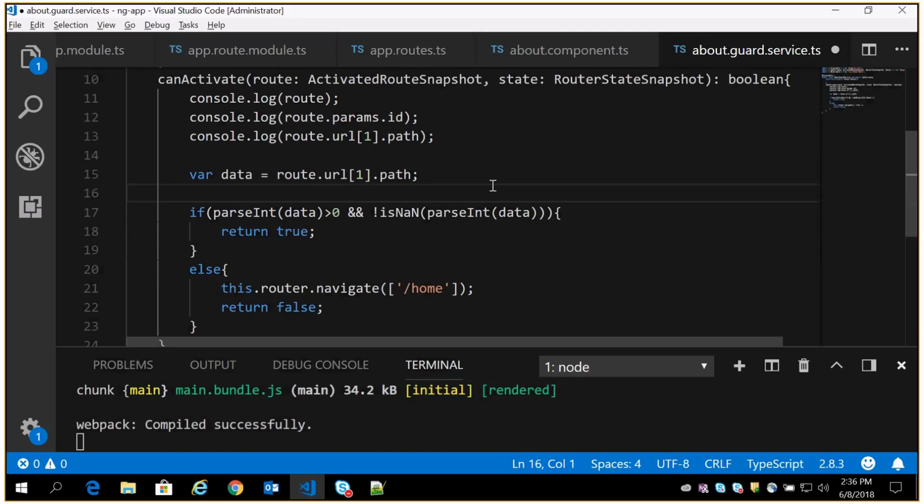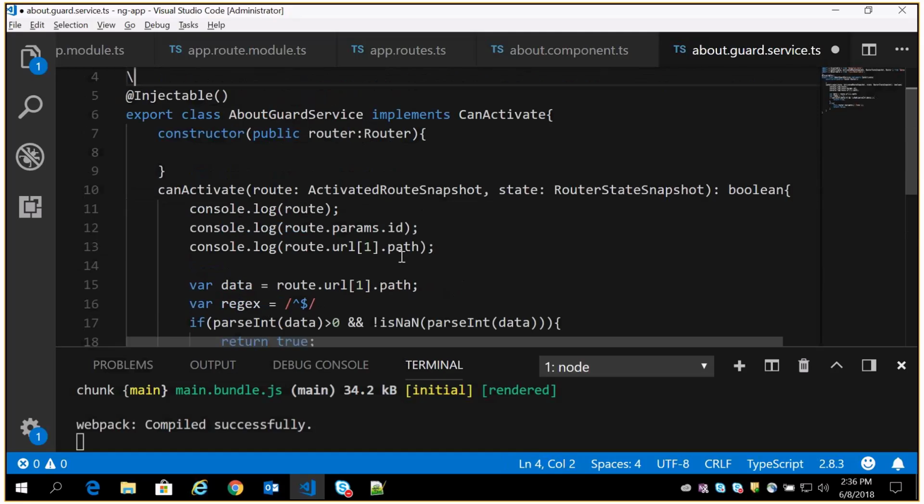I just want to have a regular expression as well, checking whether that is a number or not. It should take only numbers. Anyway, I've done it. I'm just giving you one more option, like var regex equal to caret symbol, dollar symbol, slash d plus, sorry, caret symbol, slash d plus, dollar symbol.